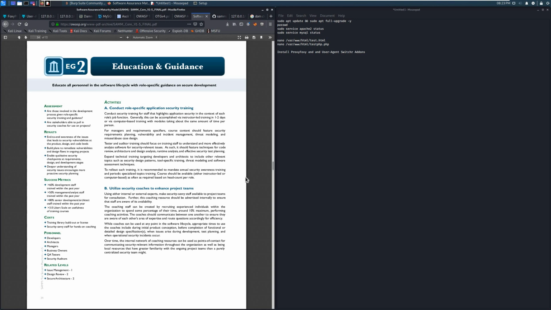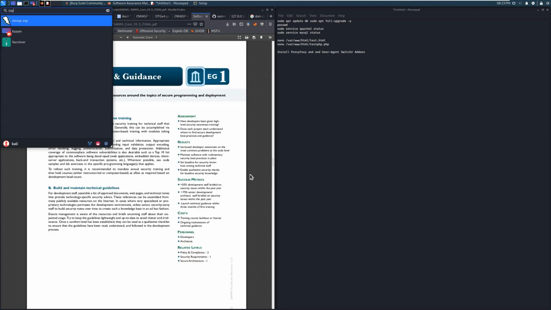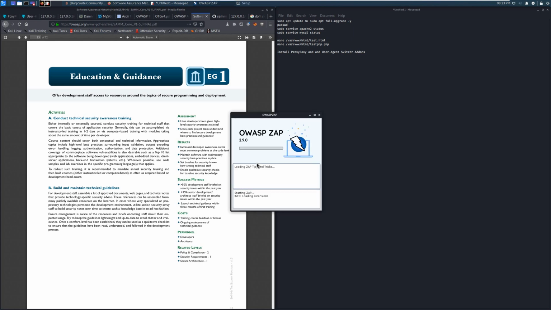So Kali comes actually preloaded with ZAP, but no worries. We will get into explanation what Kali is in a few more minutes. So let me start the ZAP. It takes some time to load, but it should be rather quick. Okay, the main reason why I have